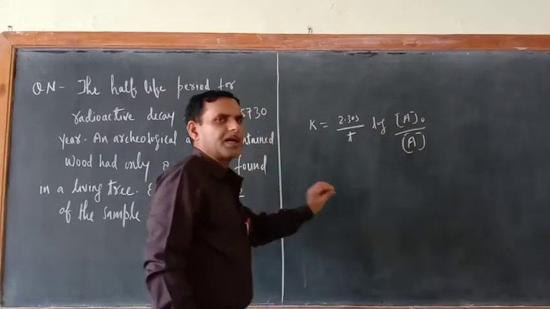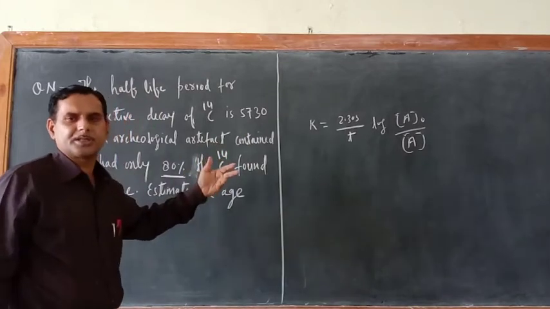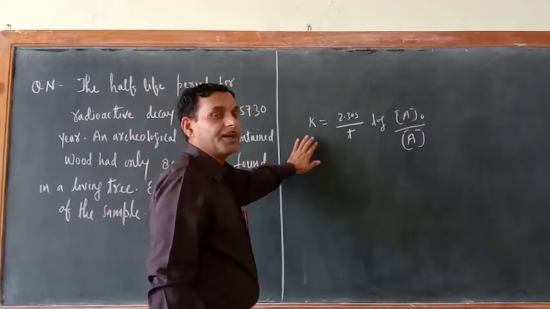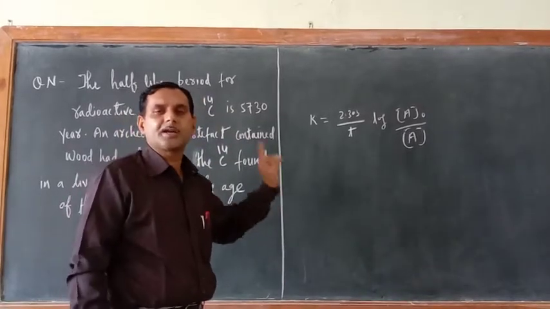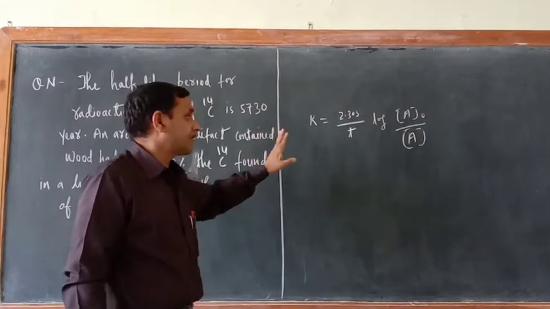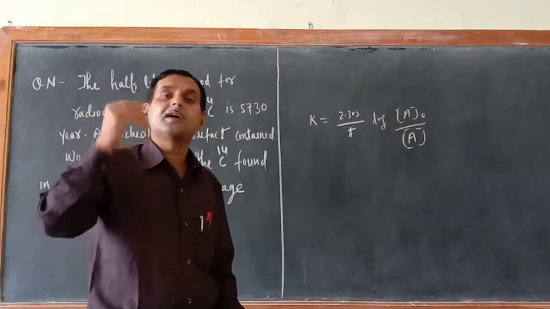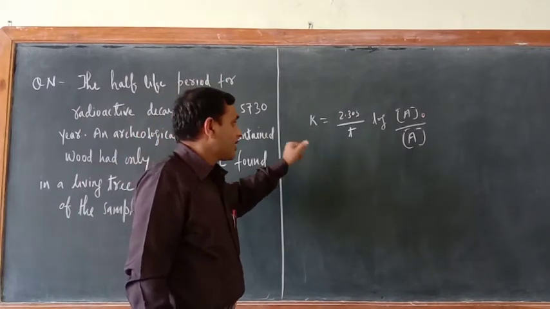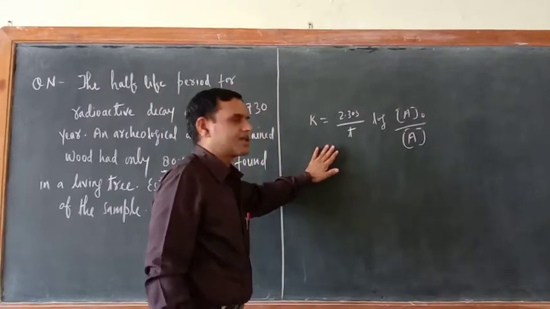So you have got a clear idea that if the substance is radioactive disintegration based, then you have to apply the first order integrated rate equation, because radioactive disintegration, let it be natural or artificial, is an example of first order. Radioactive disintegration follows the first order integrated rate equation. So here we'll modify this equation, as it is not valid as it is for radioactive disintegration.